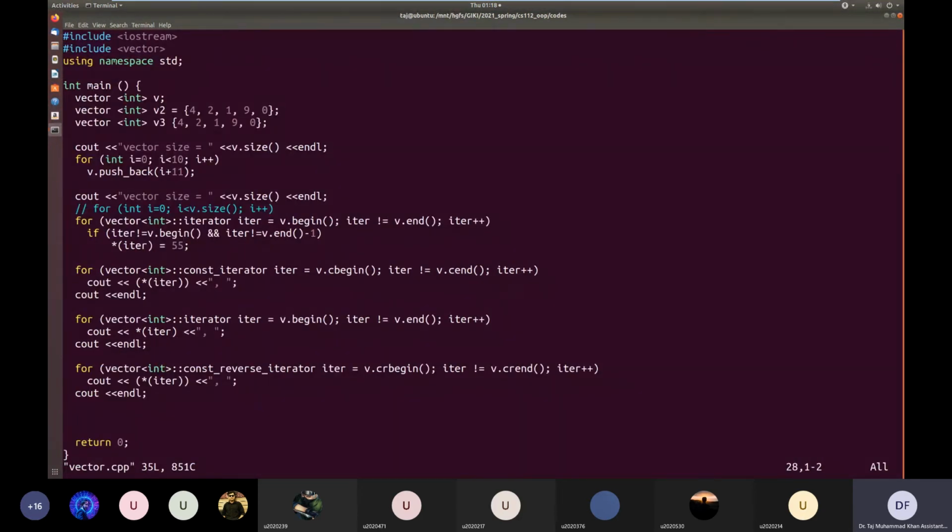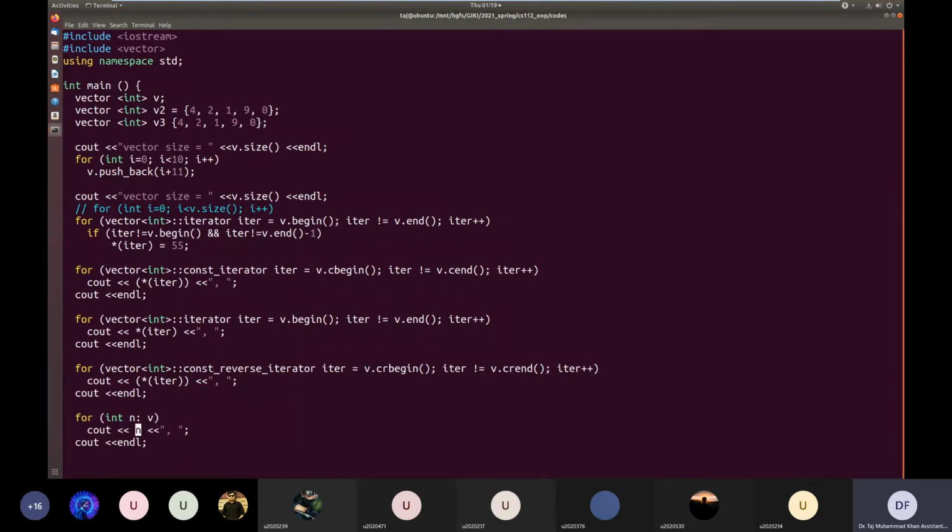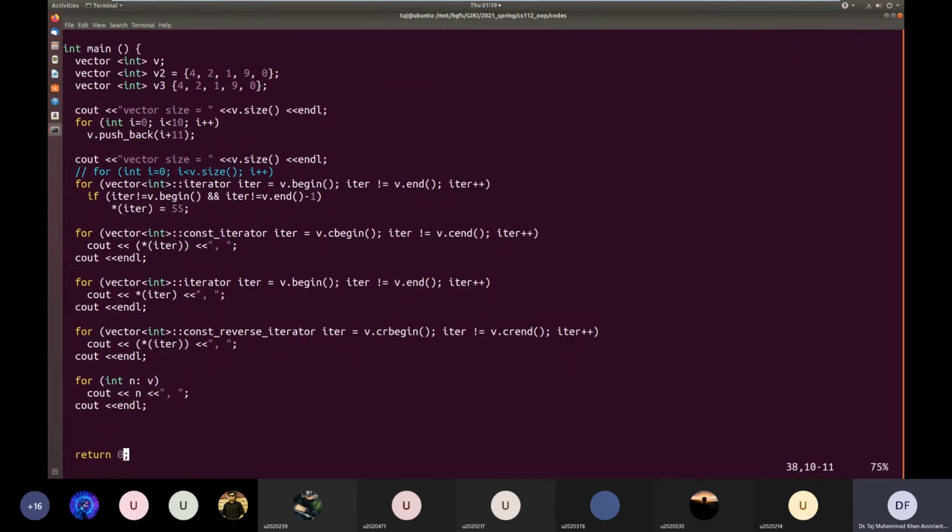Okay, so this was like printing it normally using iterators. You can see the syntax is long, etc. So what we can do is for range for int n, just like an example, and we give it this vector, what's the name, v. And then instead of doing all this complicated syntax, we can do n. Okay, so this is a range for loop.